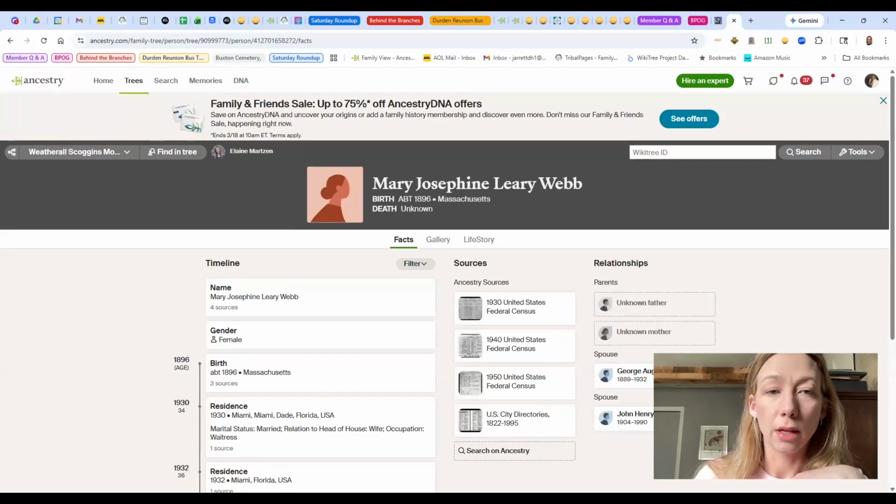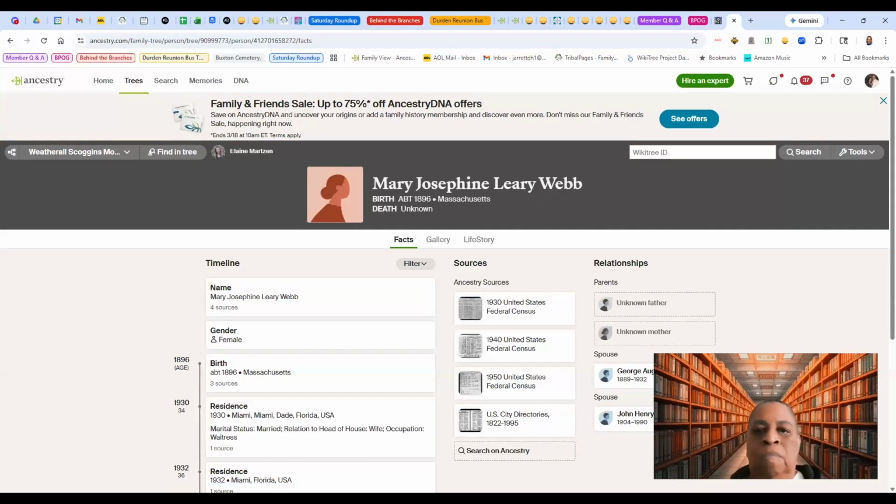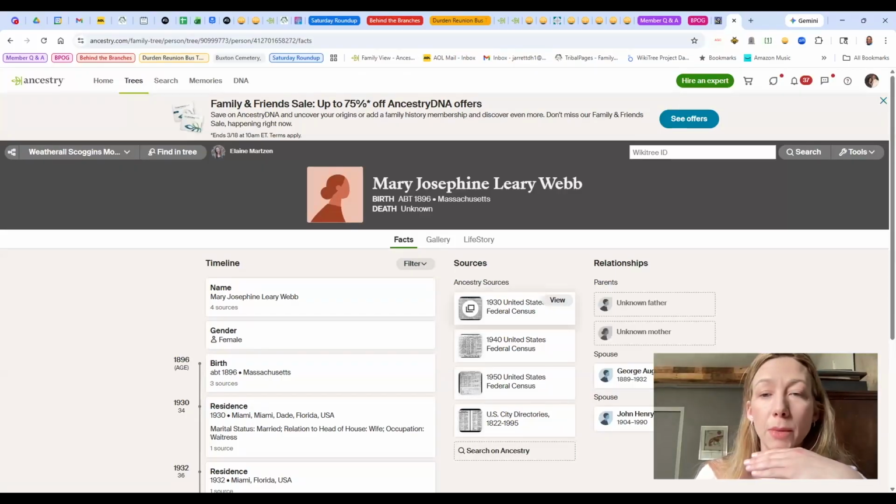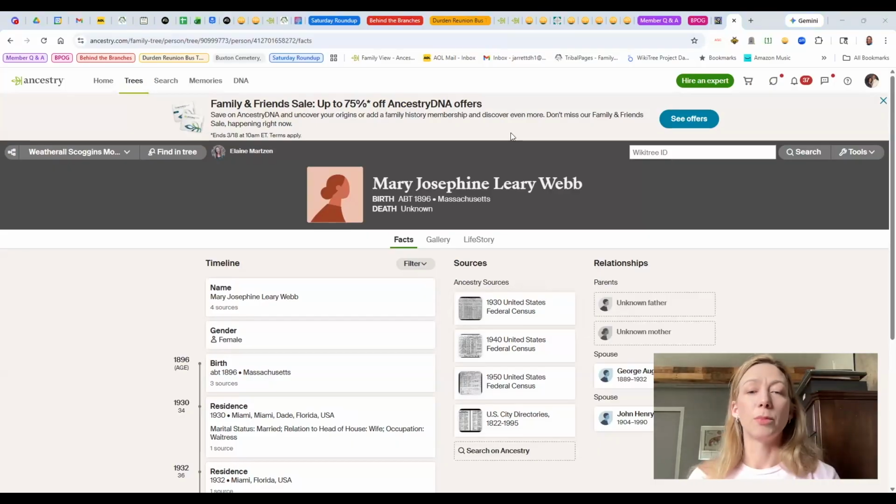There, I put her in the chat. Lear is most likely not her maiden name. It was her first husband's, but I just haven't been able to find her. I've been combing through birth records in Massachusetts for a particular time period. I was researching this like 5 months ago, so I can't remember the details.